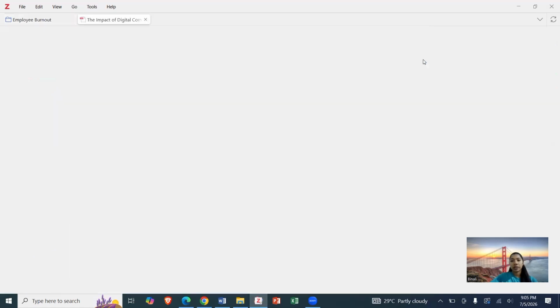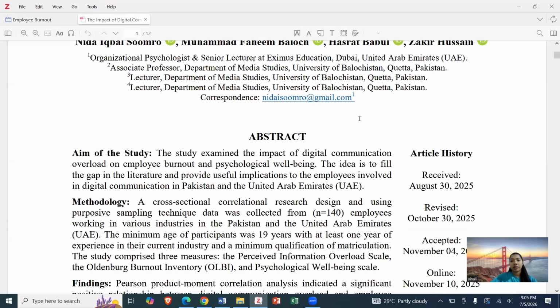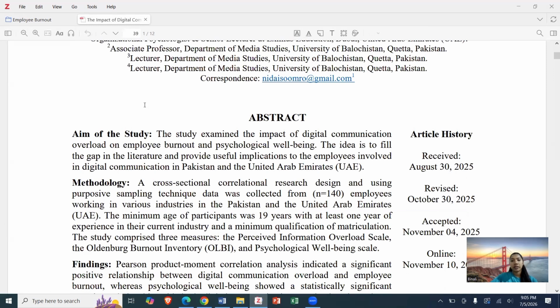When we open a PDF in Zotero, we can make highlights using this highlight text option in here like this, and we can underline the most important things in here, and we can add some specific notes in here also, like this.